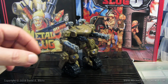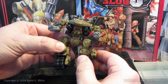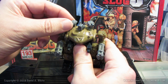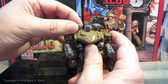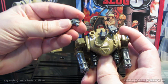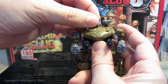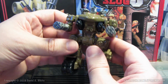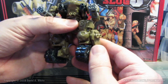I'll cover some of the details about the mech. It's about 4 inches tall, and it has 18 points of articulation. You could be kind of picky about that, but I consider each one of these that rotates a point of articulation, and these come off. They use 4mm pegs, and that 4mm number is important because a lot of my collectors also collect a system called Glyos, put out by O'Neill Design, and Toy Pizza uses it. Toyfinity does for the